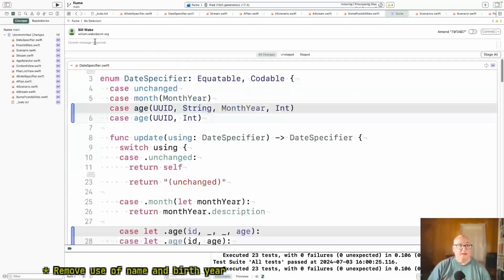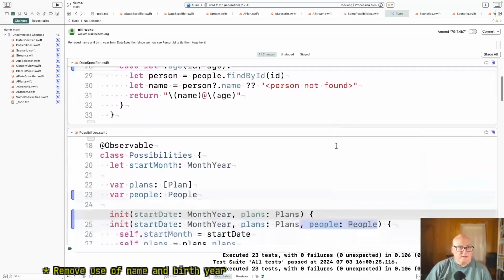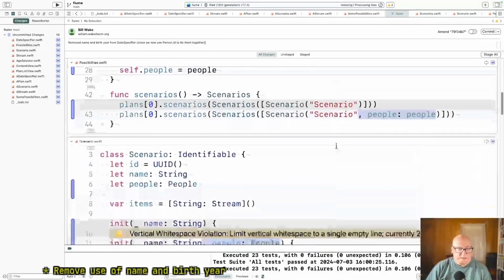All right. So we removed name and birth year from date specifier since we now use person.id to tie them together. Okay, and okay, dropping that.